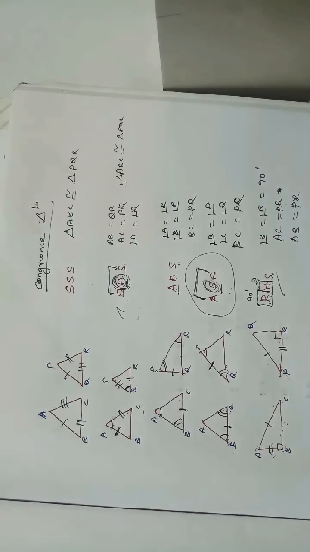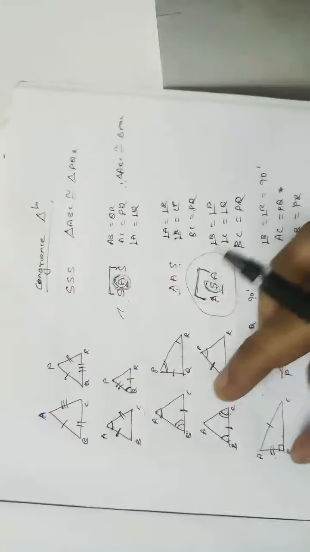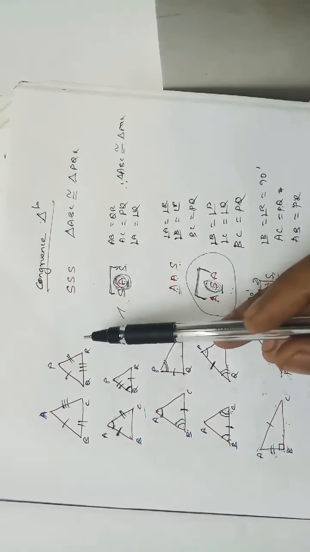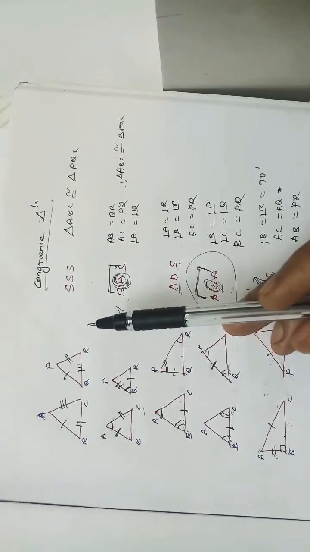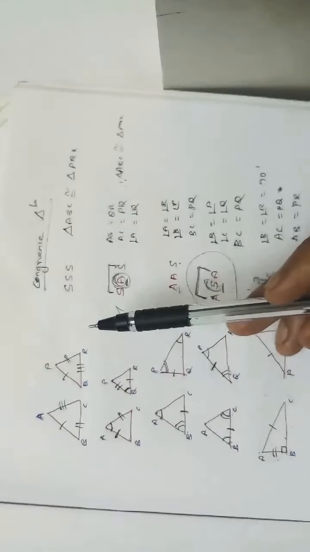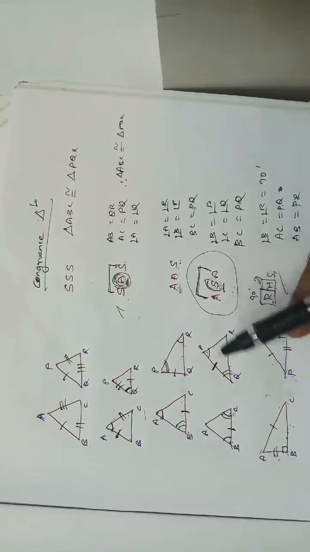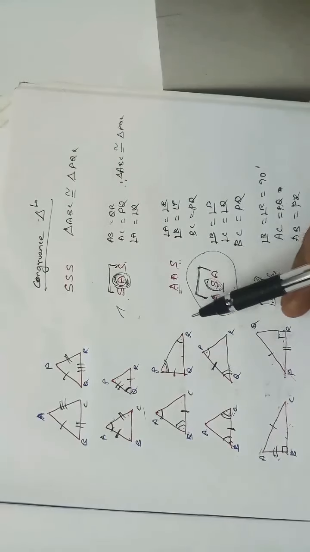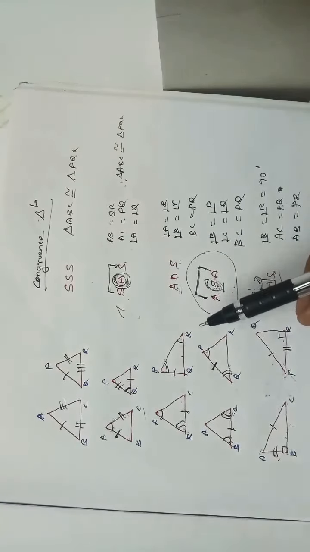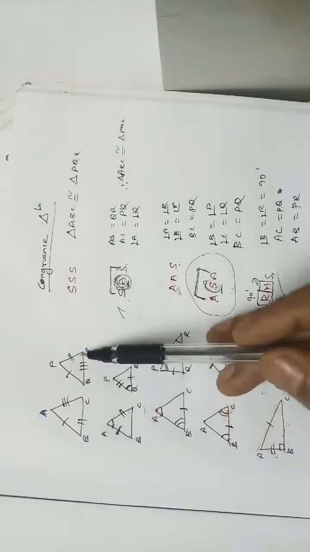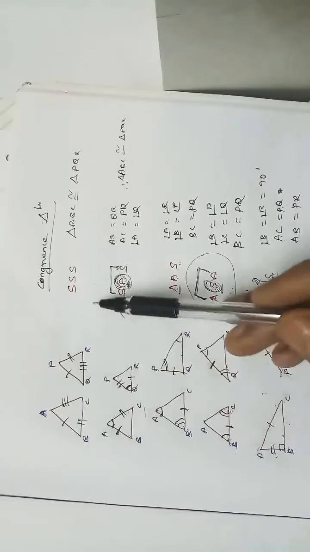Criteria for similar triangles. Why are we proving that these two triangles are congruent? I already explained that. We have 3 sides and 3 angles, so totally 6 measurements. If the two triangles are congruent by satisfying 3 of the measurements, the remaining 3 will surely be equal. If 3 sides are equal, the remaining 3 corresponding angles will surely be equal.